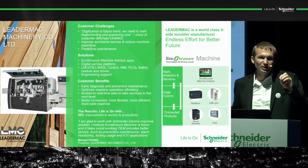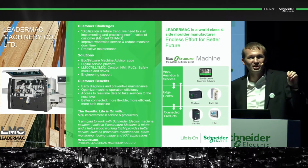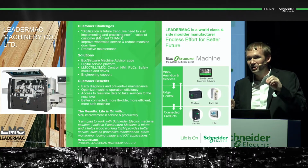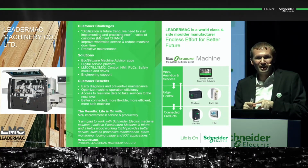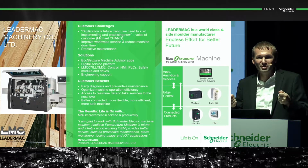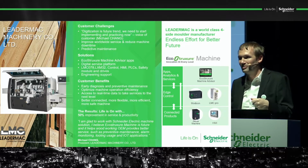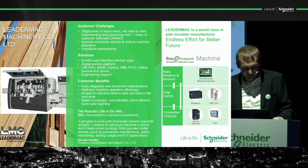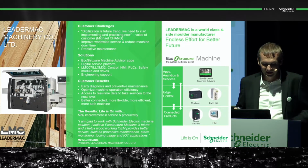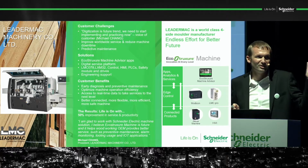We decided to participate in some wood machinery exhibitions in Indonesia, in Canada, in Taiwan, and in China. With them, jointly, we made some surveys, understanding the challenges end users have with wood machinery and why Leadermark Machinery was not sufficient for them as end user. Then we came back to the headquarters in Taiwan, we did some brainstorming, and finally we implemented on top EcoStruxure Machine Advisor, track, monitor, and fix,